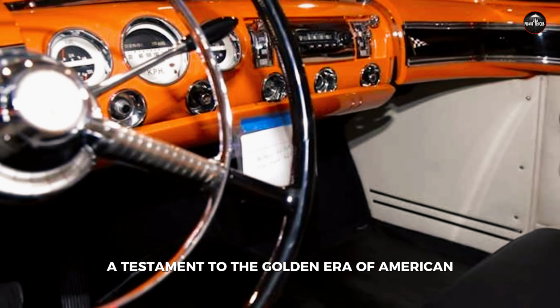enhance the driving experience. The Pontiac Vivant 77 story is as intriguing as its design. Unveiled at the 1965 New York Auto Show, it captured the imaginations of all who laid eyes on it. However, as with many concept cars, it was never intended for mass production. After its moment in the spotlight, the Vivant 77 faded into obscurity, becoming a mythic figure in the world of classic cars. Its rarity and the sheer audacity of its design have made it one of the most coveted automobiles